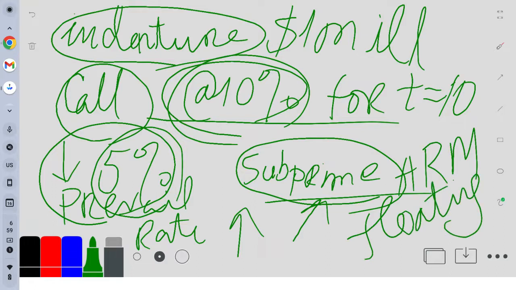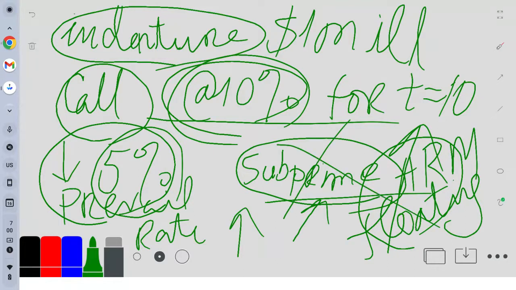Okay, but this is fine as long as the interest rate is low, or the interest rate goes down. But when the interest rate goes up, they can no longer hold up. That's why in 2007, when the Fed raised the interest rate by almost 5% in one year, a lot of these defaulted. A lot of these defaulted, like a domino.